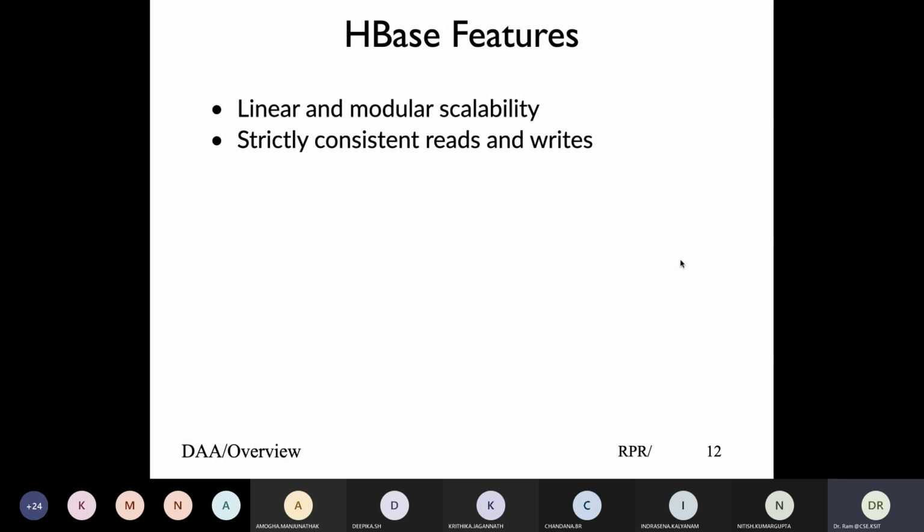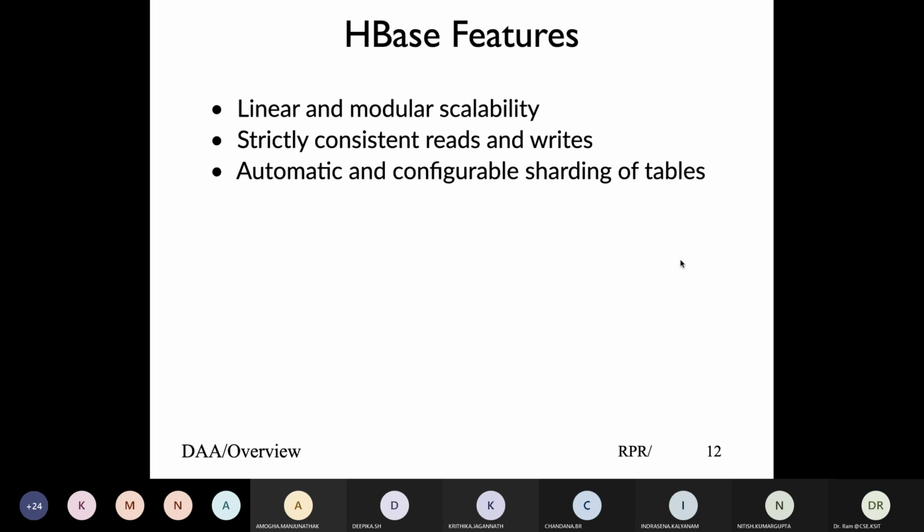So it is linearly scalable. You have consistency of read and write from HDFS itself, so it doesn't matter where the data resides. Whenever you read, you always get a consistent view, and when you write, the same thing happens. It also enables what is called sorting of tables. Do you even know what sorting basically means?